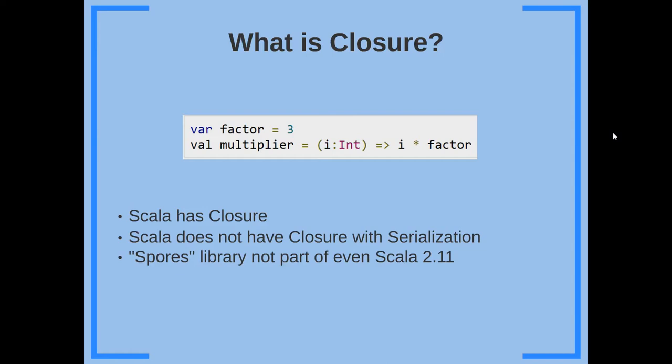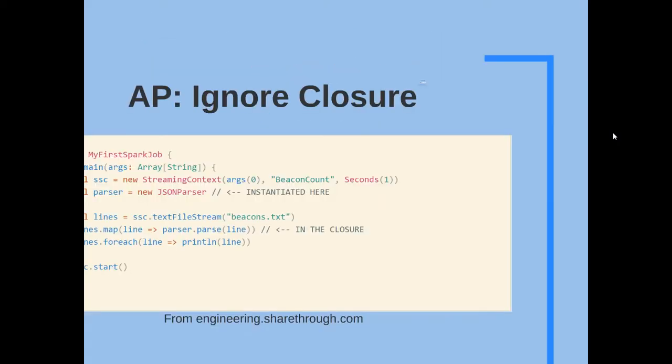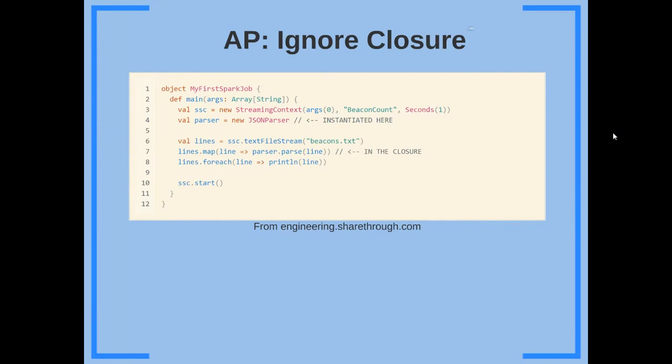But besides, Spark was written in the Scala 2.9 days, so they ended up writing their own. The bottom line here is that Spark has serializable closure, custom written by the MLLib people, even though Scala does not. So it can get kind of confusing if you don't realize that this special closure is going on